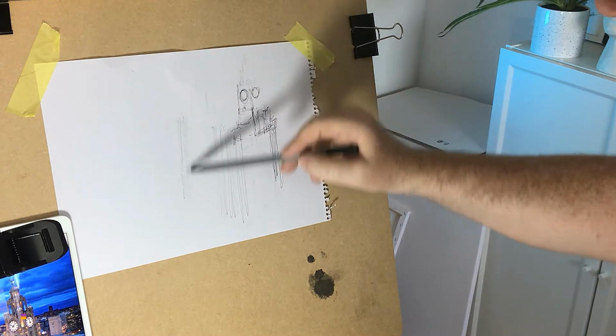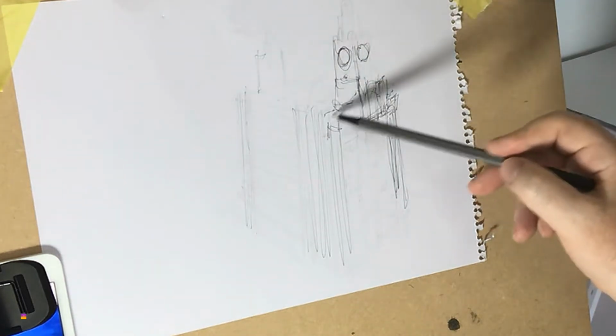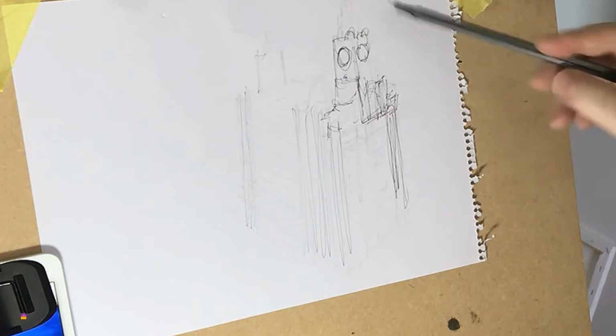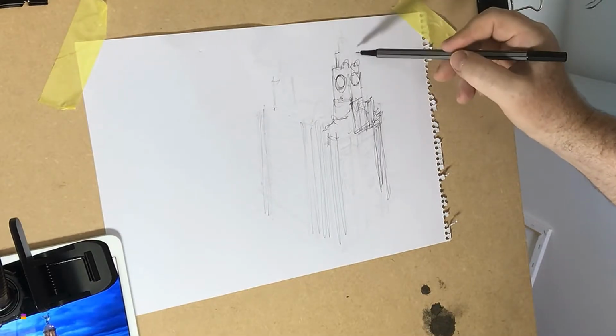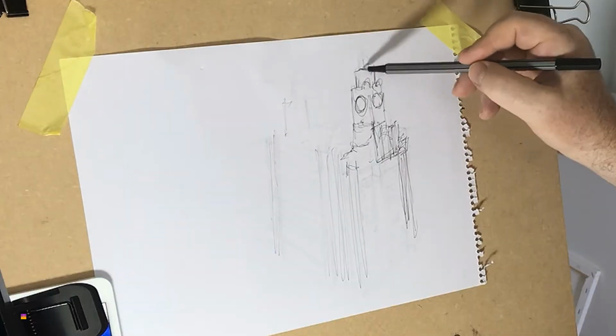Now these drawings in particular can be developed in other ways, with watercolour, with ink, with background washes of colour, watercolour pencils. So they're not really an end in themselves, but they are good exercises for developing different qualities of